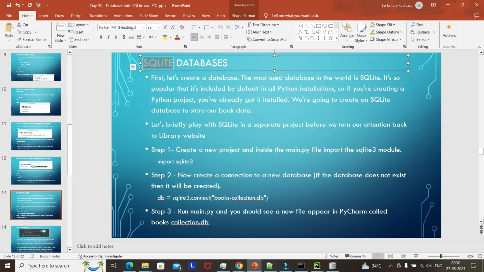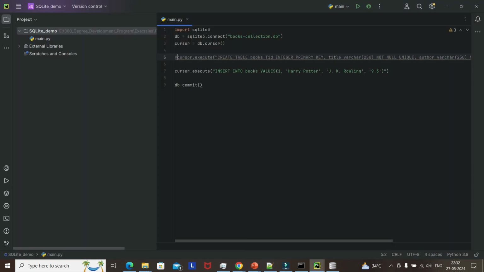Let's go step by step. First, just import SQLite. Now create a new project in PyCharm, whatever we like. I have given everything. So now we are importing SQLite. By default it will be installed, otherwise you can do pip install SQLite,